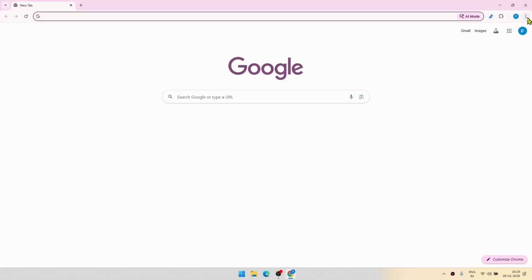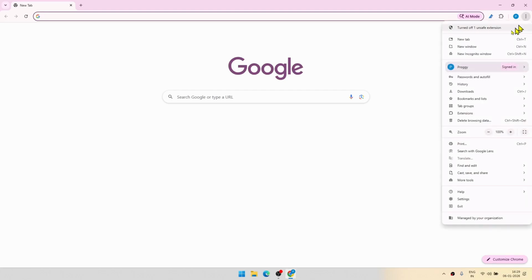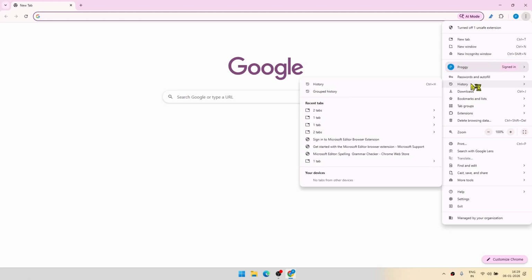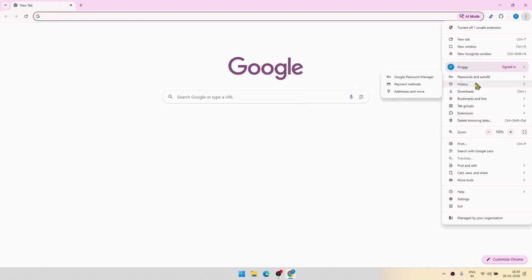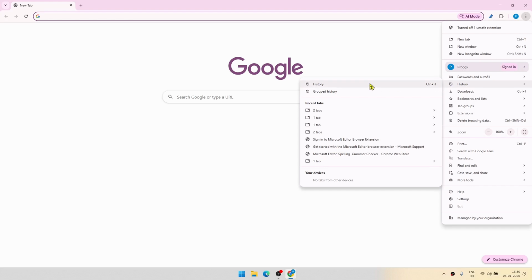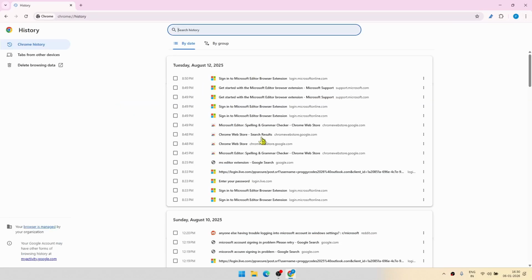You have to go to the top right side and click on these three dots. And from here there are two options. You can either go to history or you can go to delete browsing data. I will suggest you go to history, and from there you click on history, and here you can see